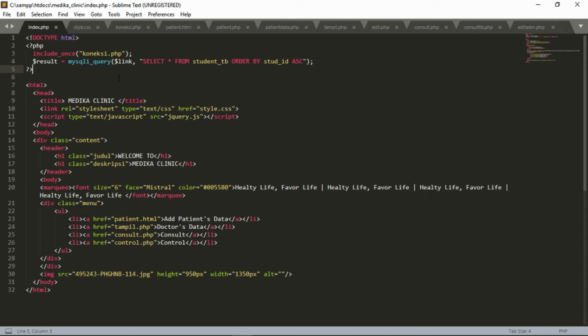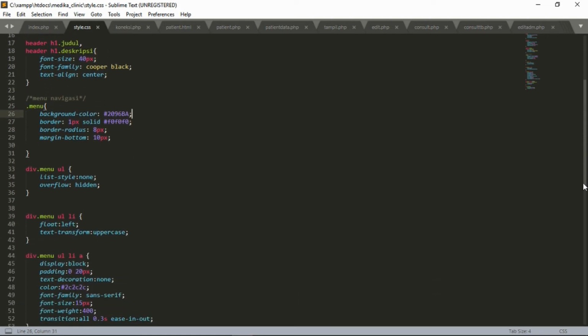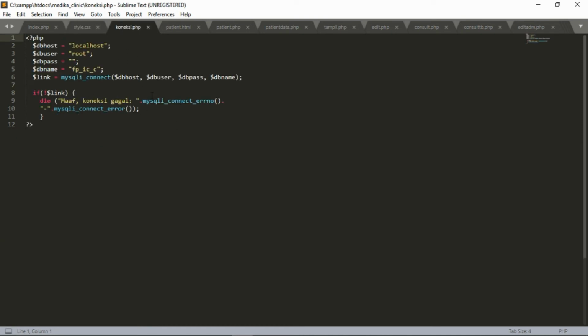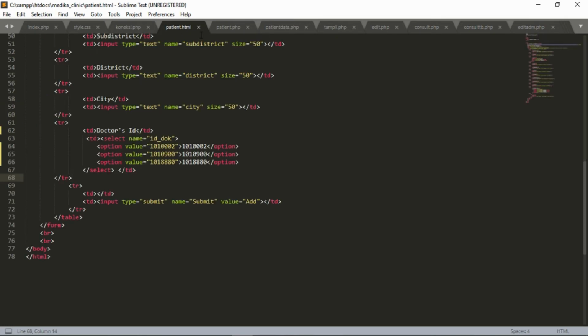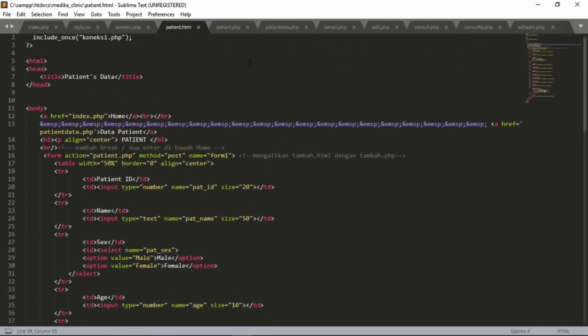You can see the coding of our index. And next, we use a CSS file to make the homepage more beautiful. Next, this is the connection file to connect your database with HTML. Next is patient HTML. This is the page to add patient data, and this is the coding. And next, move to